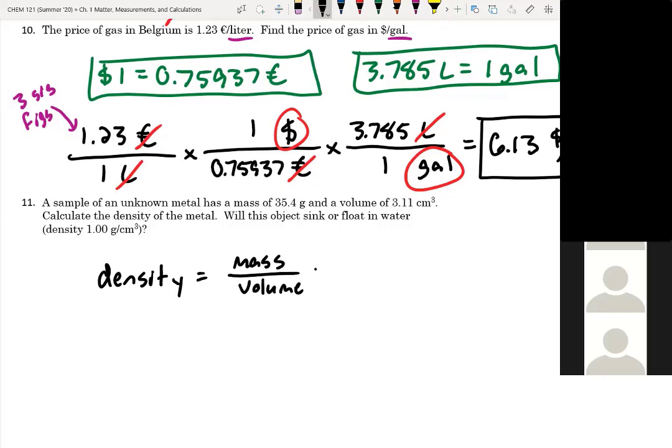Okay, so in this case, the mass that we have is 35.4 grams, and then the volume we have is 3.11 centimeters cubed. All right, and that's good because if you look at what we're comparing it to, it's also in grams per centimeter cubed. So let's go ahead and do the math here. So this one's pretty straightforward, 35.4 divided by 3.11. And I'm getting